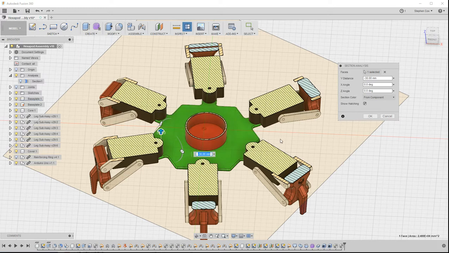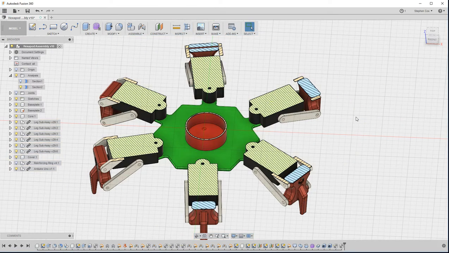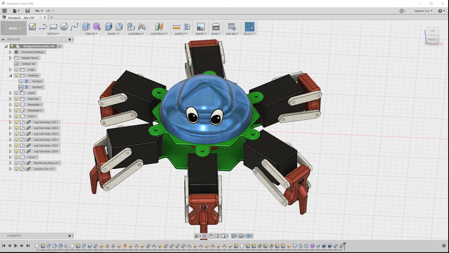Now, one thing to notice here is if you hit enter on the keyboard or click on OK on this dialog box, it basically locks that sectional view onto the screen. So that can be useful because sometimes you may need to do some modeling while having access to this sectional view. But once you've finished with it, then you do need to suppress that view in the workspace by clicking on the light bulb in the browser. So it creates a browser sectional view element here, and you can basically toggle that on or off as you